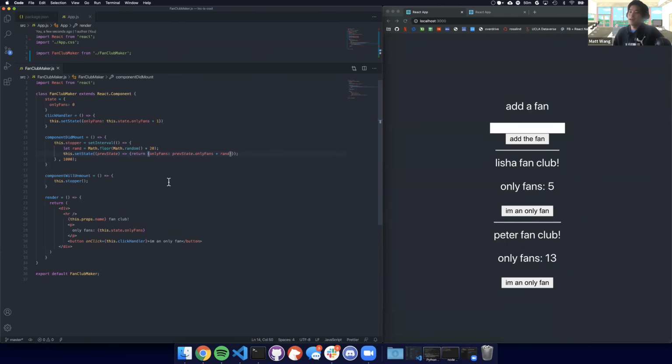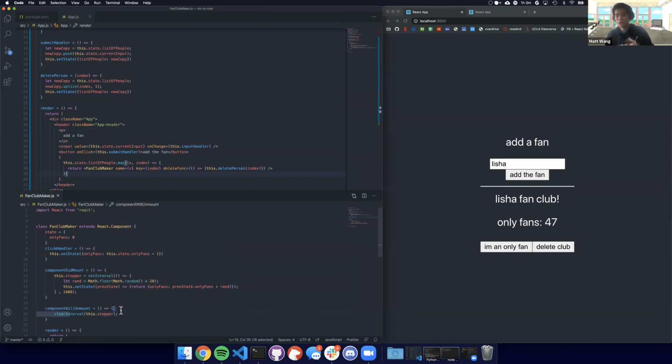So what I should actually have done is this. We'll leave the long story till later. So if I do this now, I delete the club, things work properly. And if you notice, and I add Leisha again, for example, right? It starts at 0 again. That's like the important thing. So ignoring my dumbness with the clear interval,